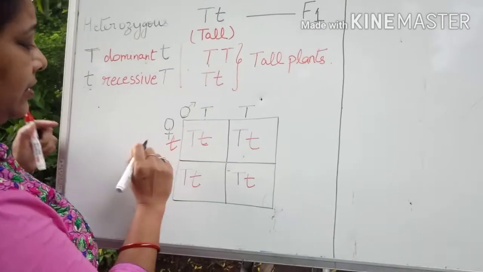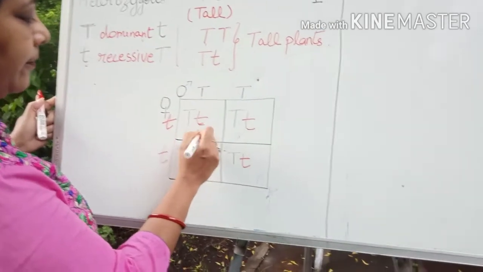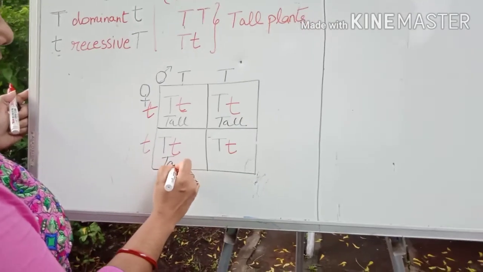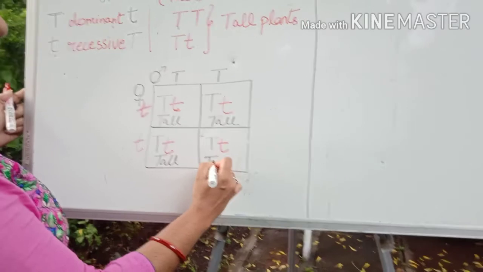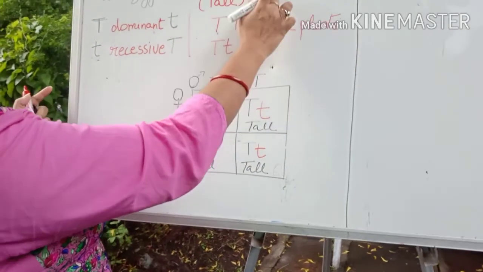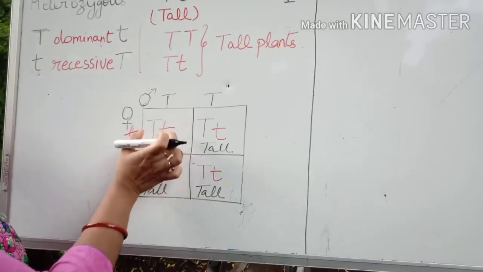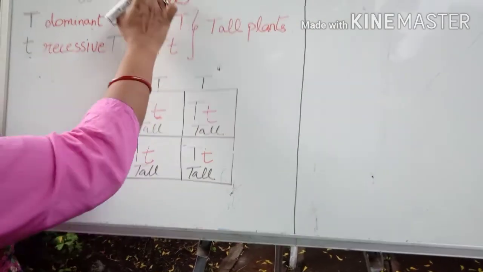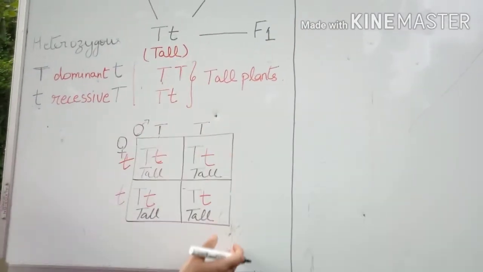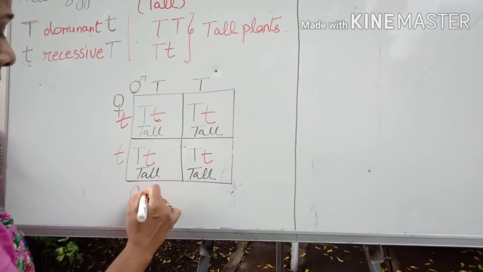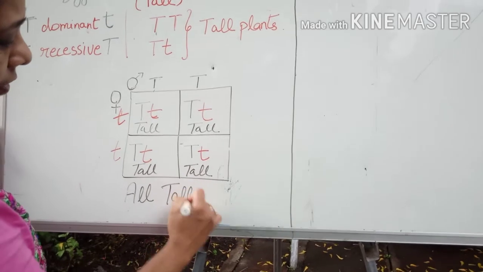That means this is going to be tall, this is going to be tall, this is also tall, and here also it is tall. So that is how again it comes that in the first generation all the offsprings are having the same combination of capital and small t, and this is what F1 generation progeny is having, all tall